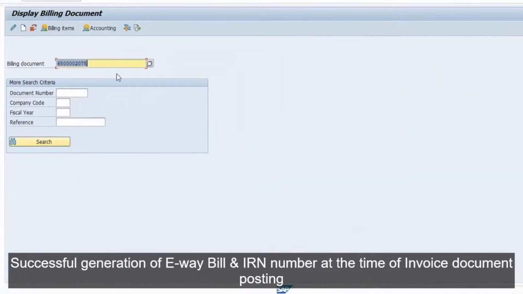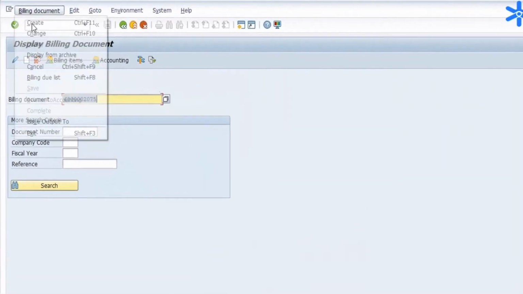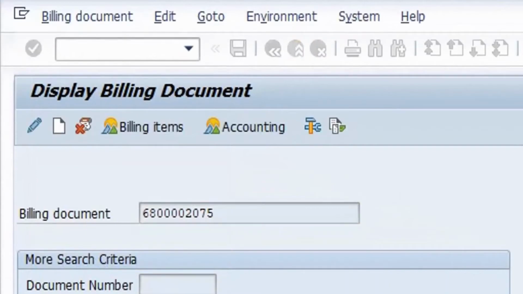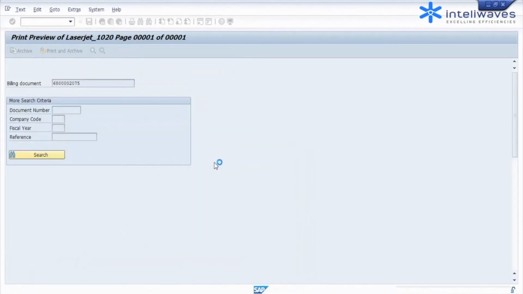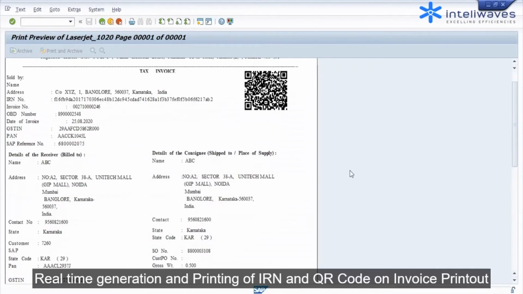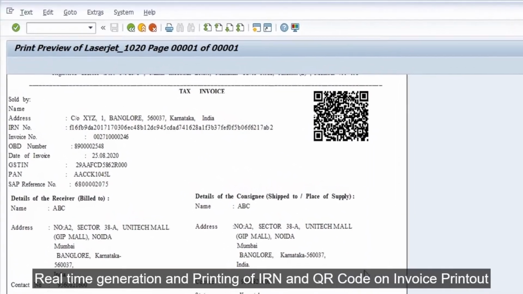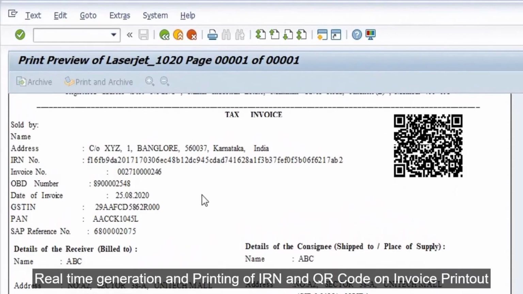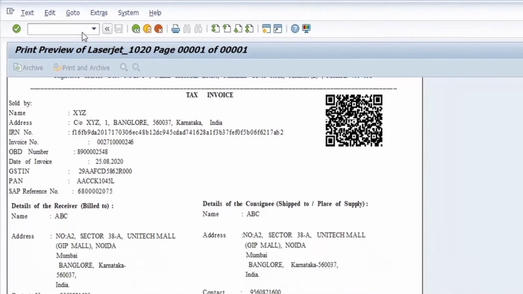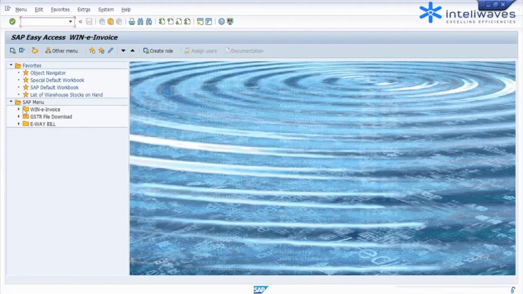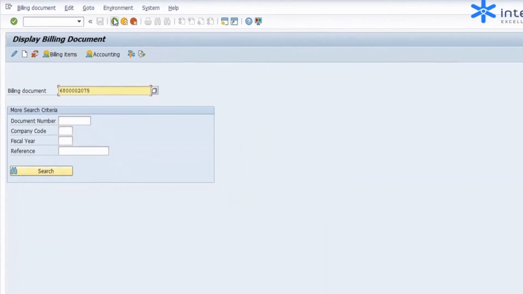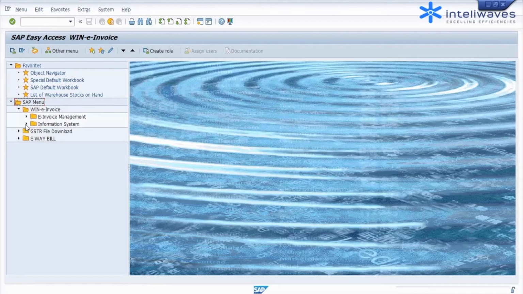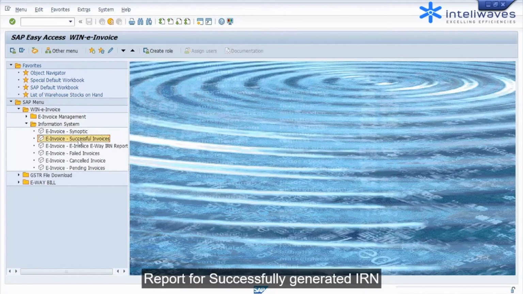Successful generation of e-waybill and IRN number at the time of invoice document posting. Real-time generation and printing of IRN and QR code on invoice printout. Report for successfully generated IRN.